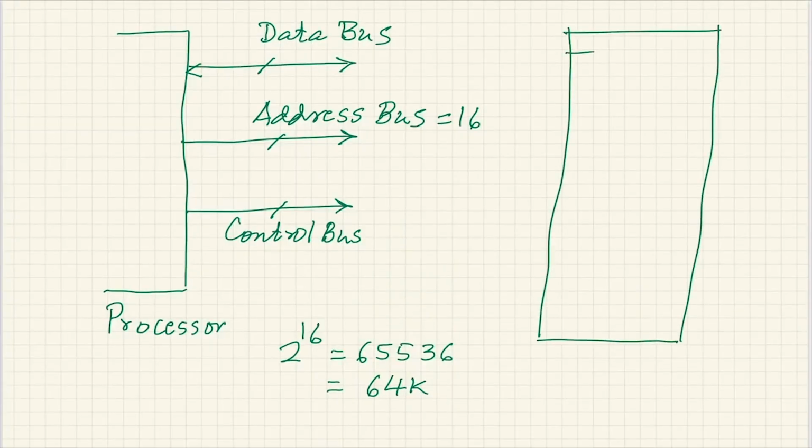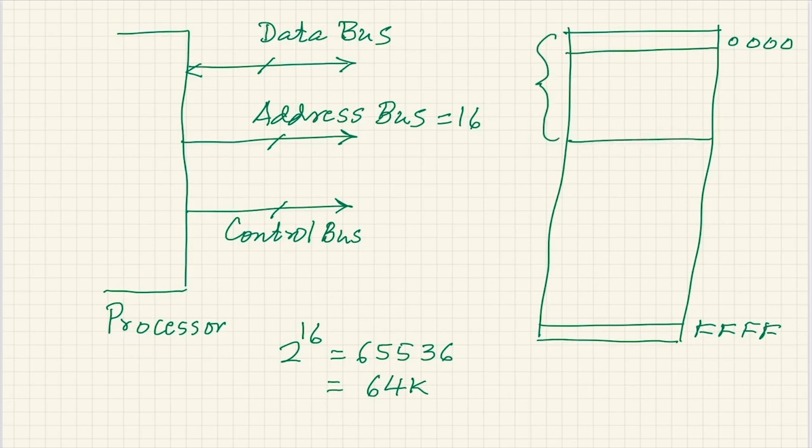It is going to start from the first location and we will call this 0, 0, 0, 0, 4 nibbles to specify the address. Each nibble is 4 bits. So, 4 digits means there are 16 address lines, and the last location will be F, F, F, F, that is all ones, and therefore, this has 64K locations. The system designer using this microprocessor must put a suitable amount of ROM into this memory map, and let us say the first few locations it decides to dedicate to ROM, and then from here to a certain lower value it has RAM,